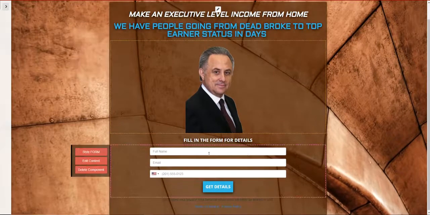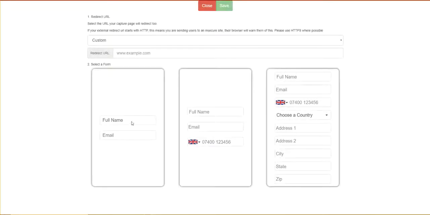Okay, let's talk about forms real quick here, because some of you ask a lot. When you edit a form, you see name and email, full name and address. Some of you ask for email only. I'm going to tell you why that's a horrible idea and the reason we haven't done it. The reason we don't ask for just email is because it's been proven that I think it's an over 80% conversion happens when you use